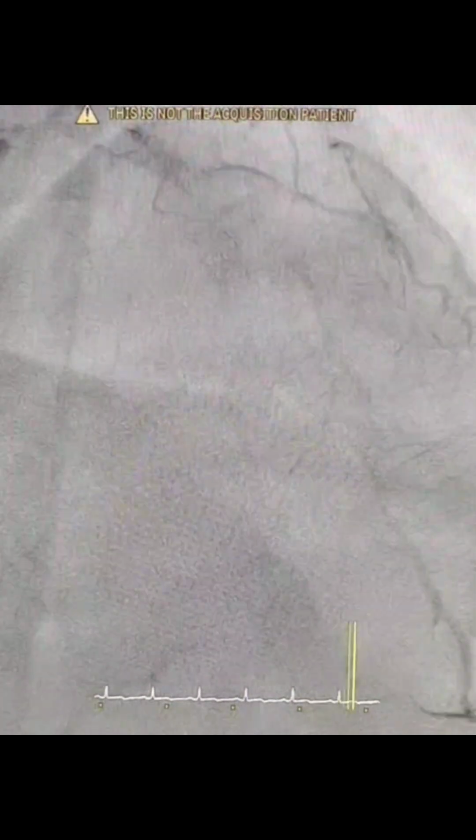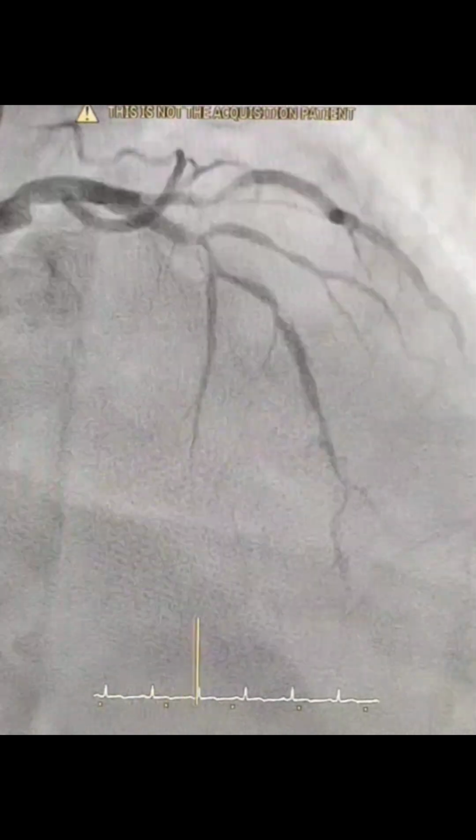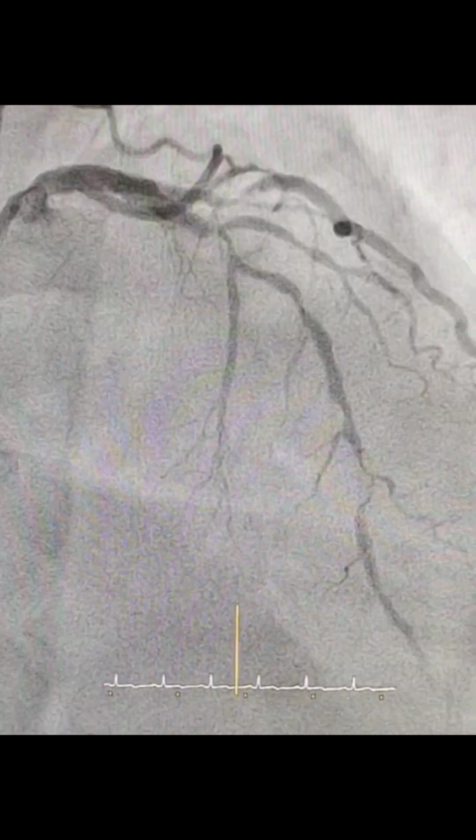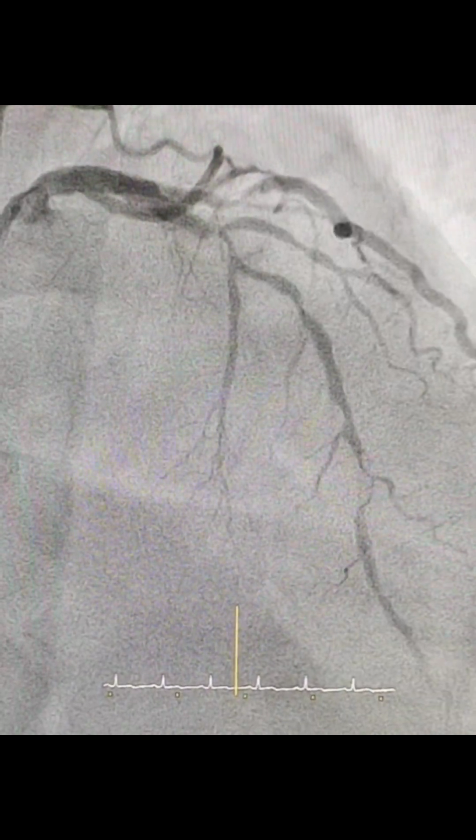60 years old patient. He's a diabetic and hypertensive patient and presented with NSTEMI, and you can see this angiogram of cranial view. This is an epicranial view, and you can see how calcified is the LAD. Patient was not affording any imaging procedure,